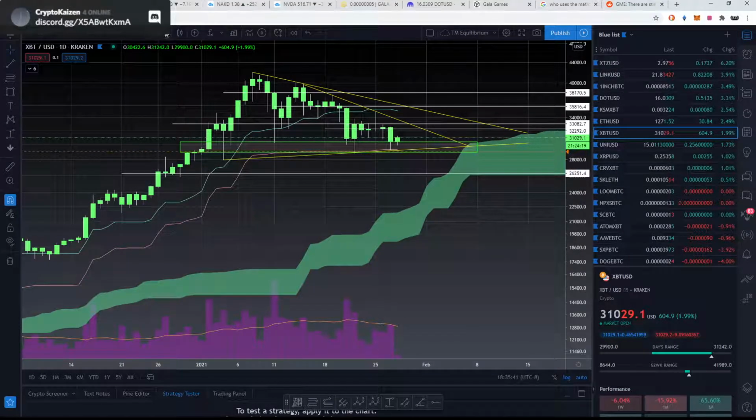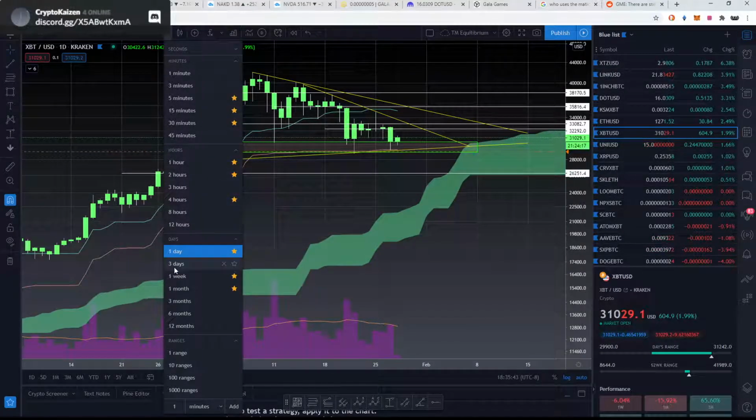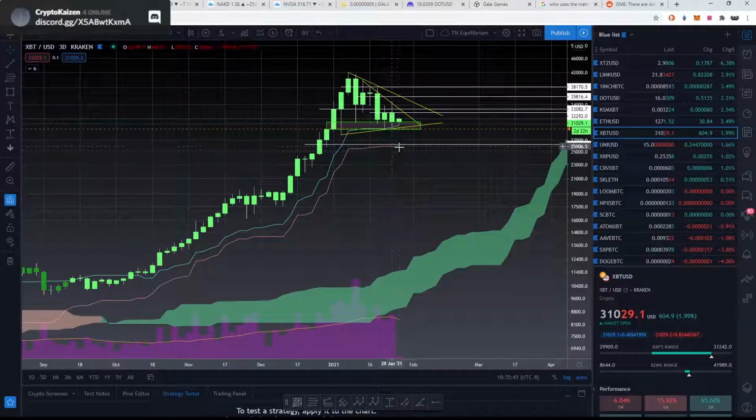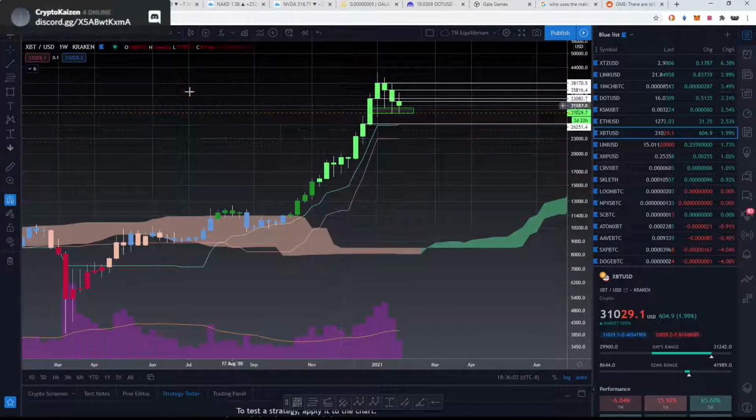Outside of that, I want to look at the 3-day. Where does that put us? Same thing. Well, there you go. Look at that. 25.84. I think I have some orders down at 25.9 from that. So definitely if we fall below there, this will be my next line of support. If we go up even higher,